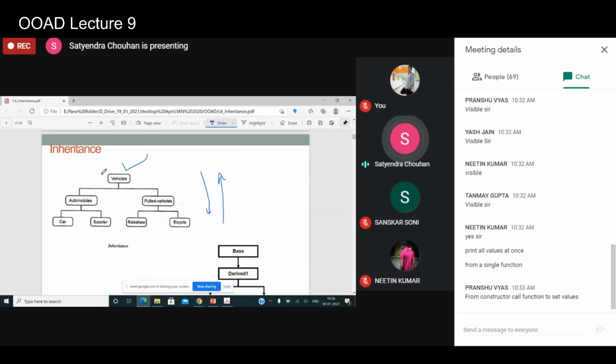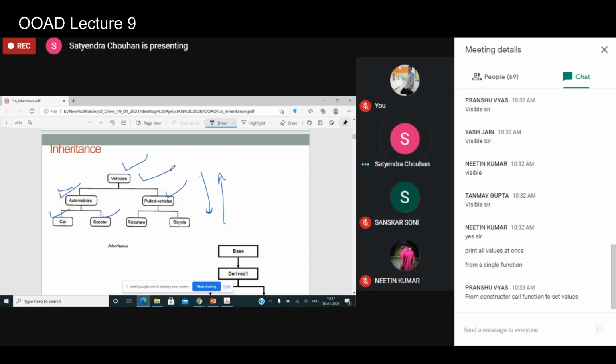For example, here is a vehicle. Vehicle can be automobile or pooled vehicle, and under automobile we can have specific classes called car or scooter. If you are going top to down, you are moving towards a more specific class, and if you are going from bottom to up, you are showing the generalization.